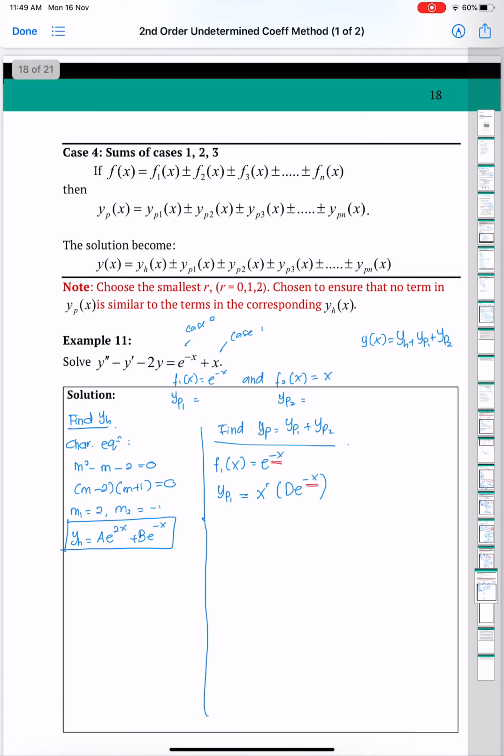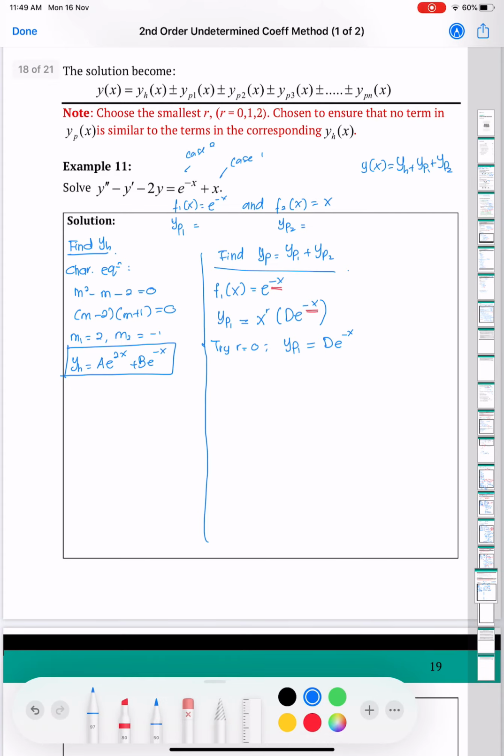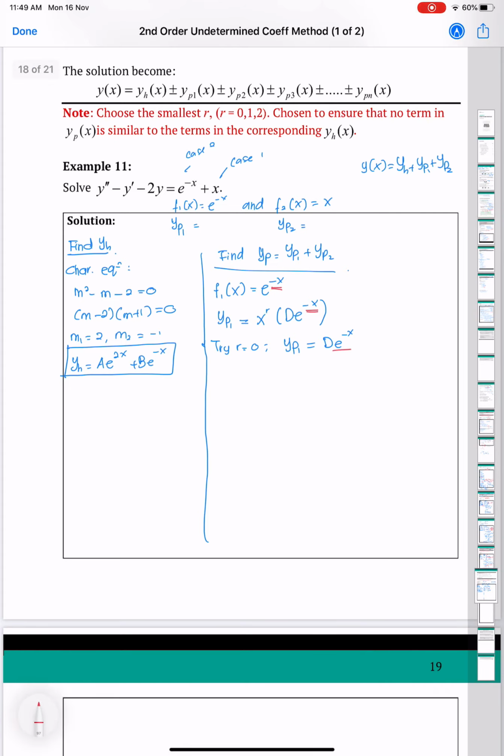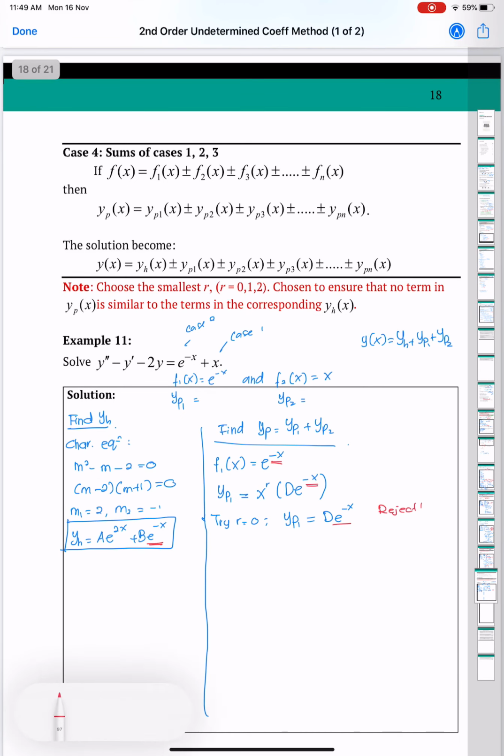Right now, try r equal to 0. So you will get yp1 equal to d exponent negative x. Compare with yh, we can see that we have exponent negative x. So therefore we reject. Now we try